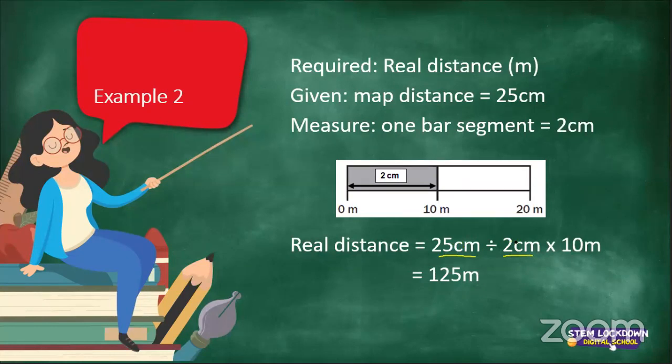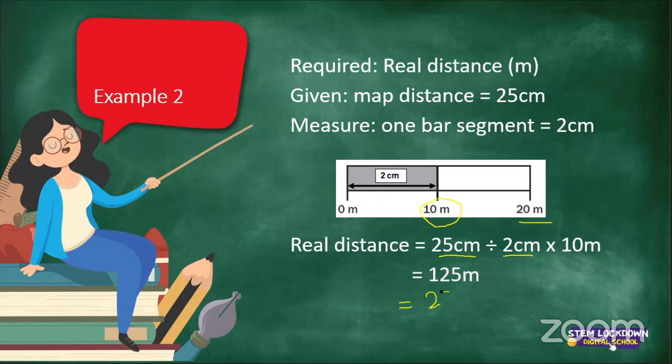25 divided by 2 centimeters times 10. Where does this 10 come from? Comes from there, right? You can also do it like this. Sometimes the segments are too small. You can actually use the whole bar. In this case, the length of the whole bar normally represents 20 meters, right? So you can also say